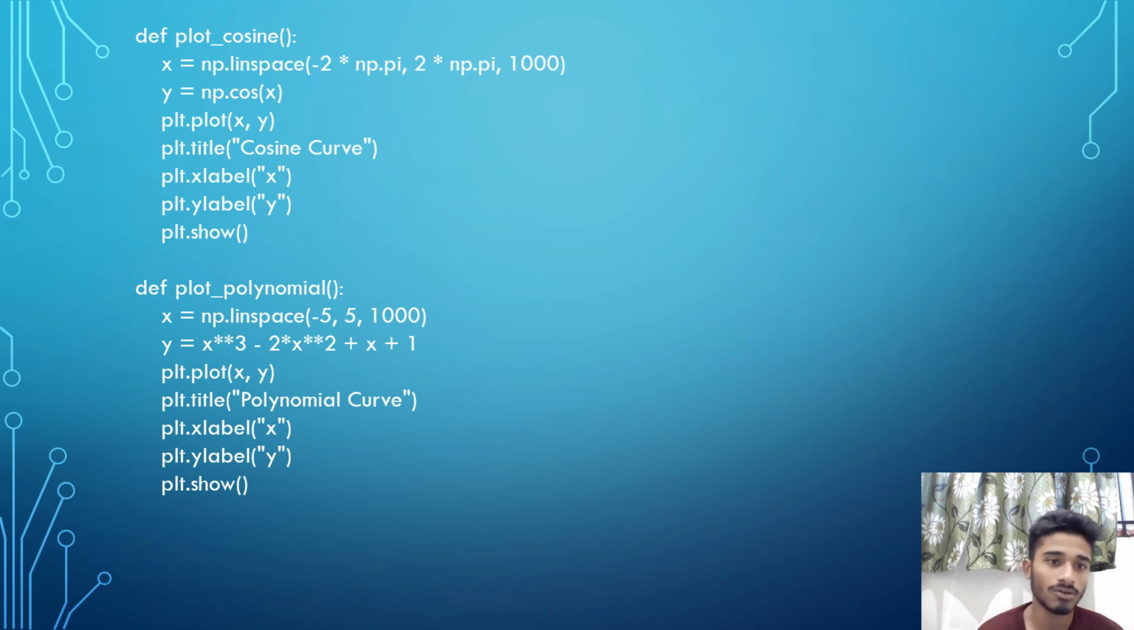The next line of code is y = np.cos(x). Then plt.plot(x, y). As I have told you guys, this statement is used to plot the graph. The next line is plt.title("cosine curve"), in which we are naming the curve as cosine curve. Title is used for naming the graph. We are using plt.xlabel("x") and plt.ylabel("y") for the x and y axes, and plt.show to finally show the graph. The next is